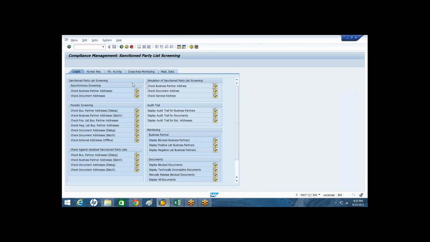SPL screening simulation. So basically, let us say you don't do the simulation and you directly do the screening. What is the disadvantage once the system puts inappropriate or incorrect blocks on the transactions or the business partners?